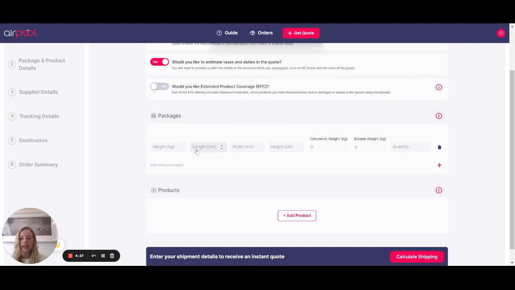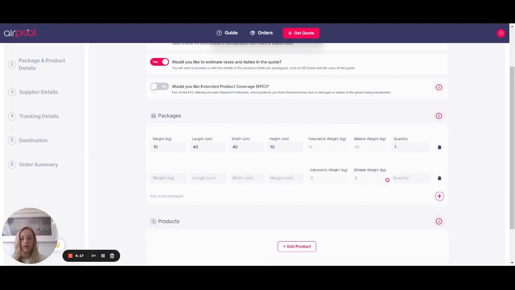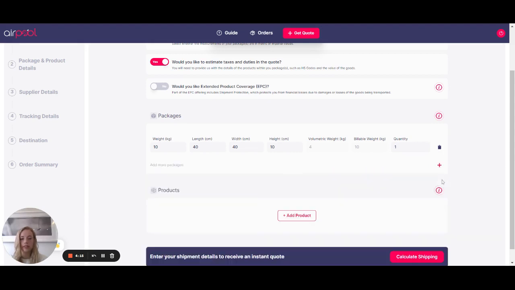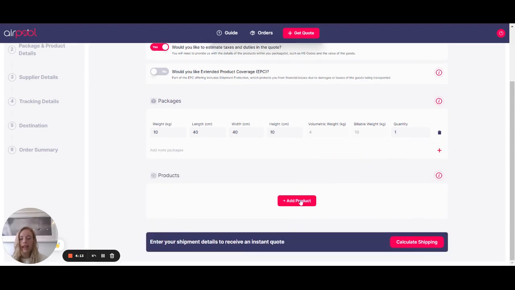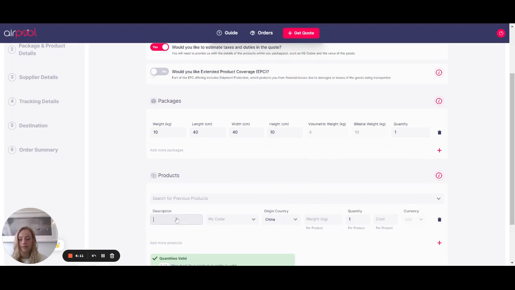You then add your package details. If you have multiple boxes and they all have different weights and dimensions, you can go and add all the different boxes in this section. You then add your product details